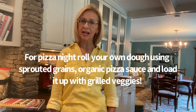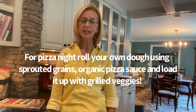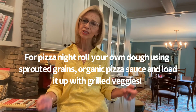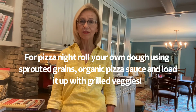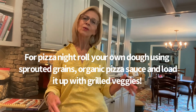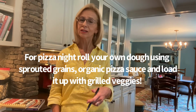And then what was the other thing I mentioned? Pizza night. Again, use vegetables on your pizza. These kids, they will learn to love vegetables if you serve them on their favorite foods. So making homemade pizza is a lot of fun in itself. And for young kids, they love to help you roll out the dough. So it's kind of an activity that you can do together on the weekends,